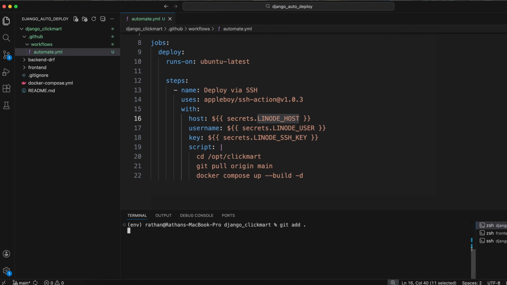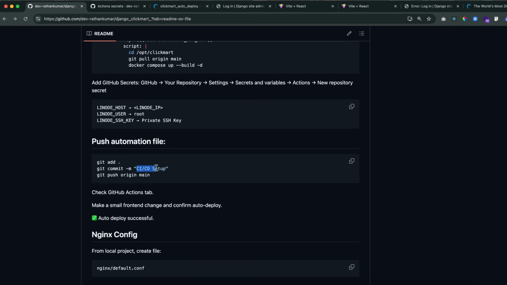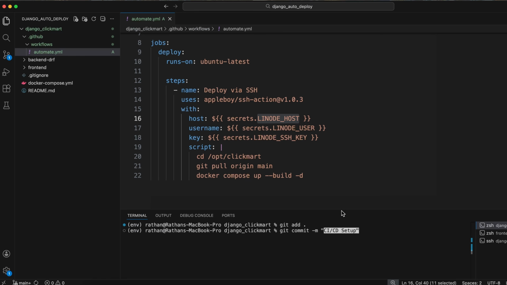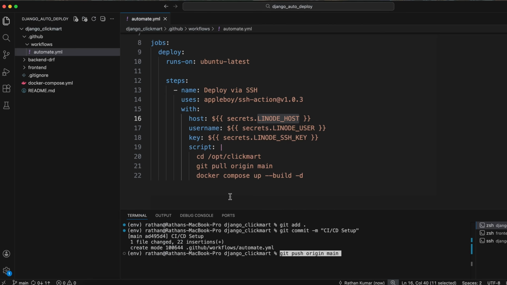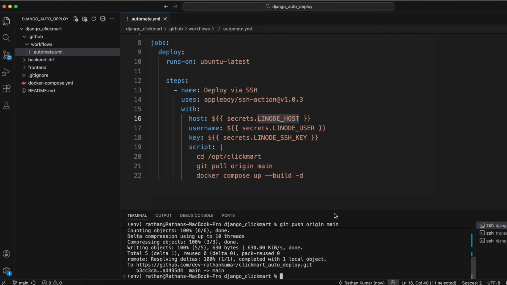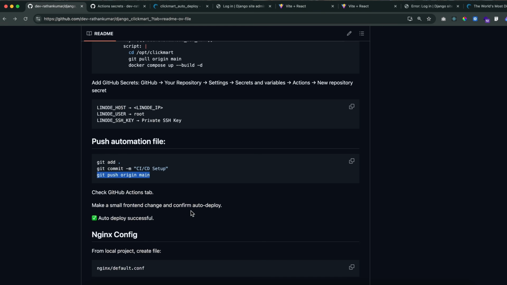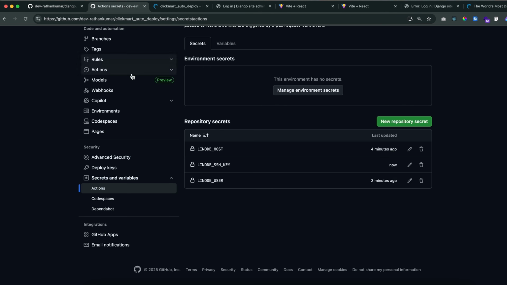Git add dot, git commit -m "CI/CD setup", git push origin main. Okay, the moment you run this git push origin main, now you go to your